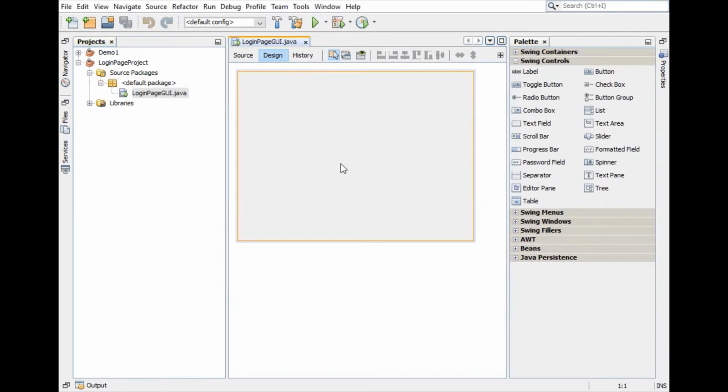This will add one login page GUI.java file to the project, and now we will drag the required Swing components from this palette onto this design area. To develop our application, let's first drag this label. Let's give the application name as login page Java GUI project.